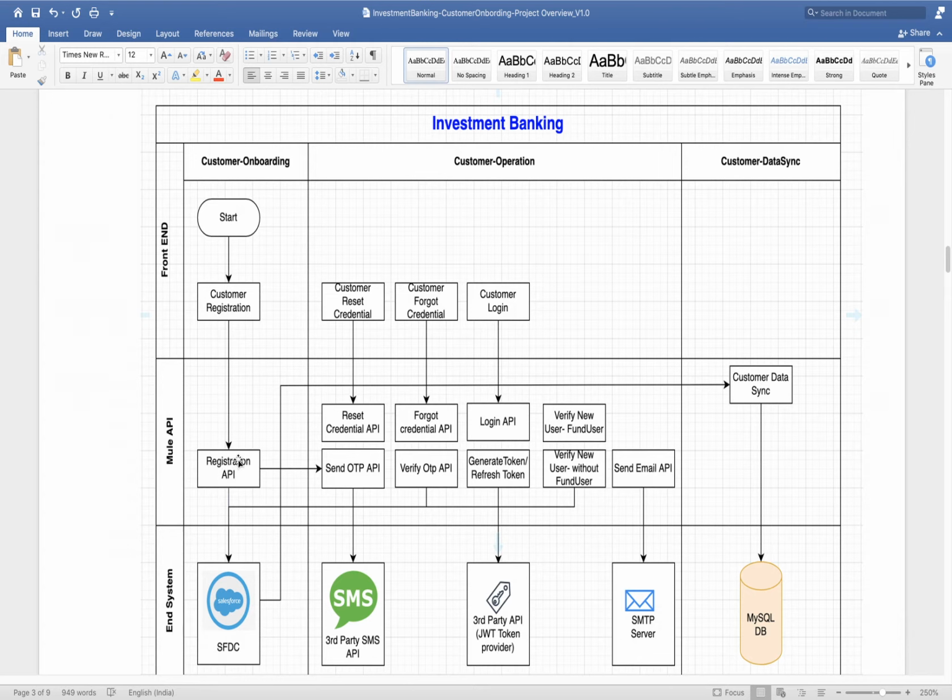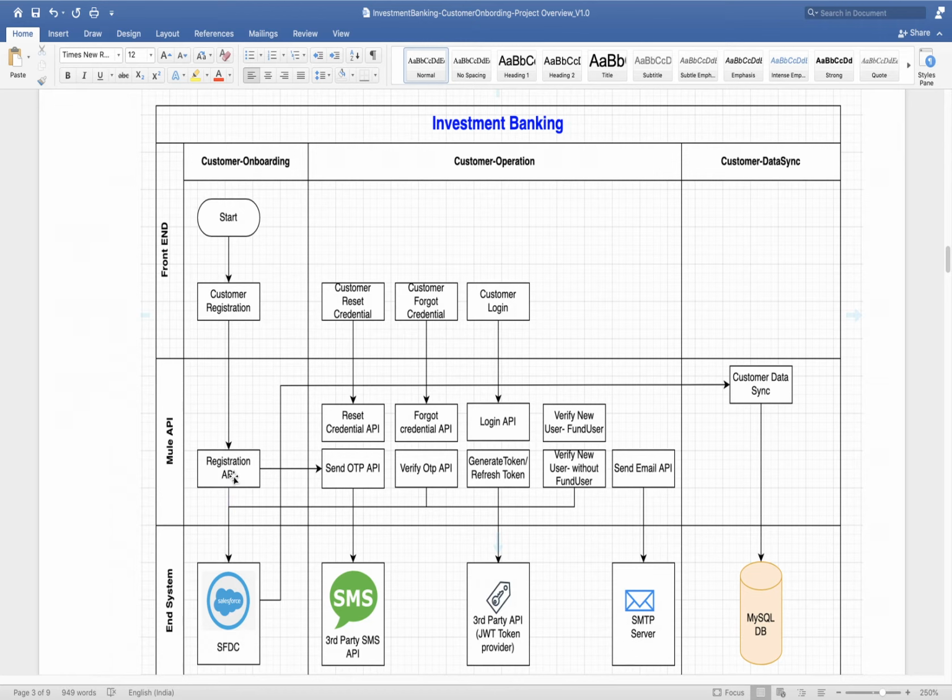Here we are going to follow API led architecture, which is one of the best ways of developing our APIs. We'll see soon how we will divide our API into three layers. Using that API led architecture, code reusability will increase, and whenever there is any functionality break, it will break only a few business logic parts.